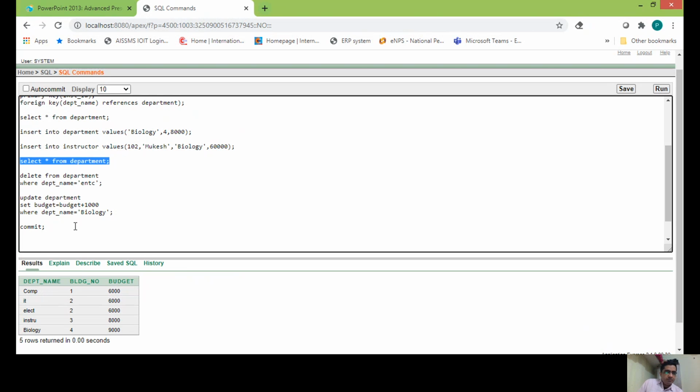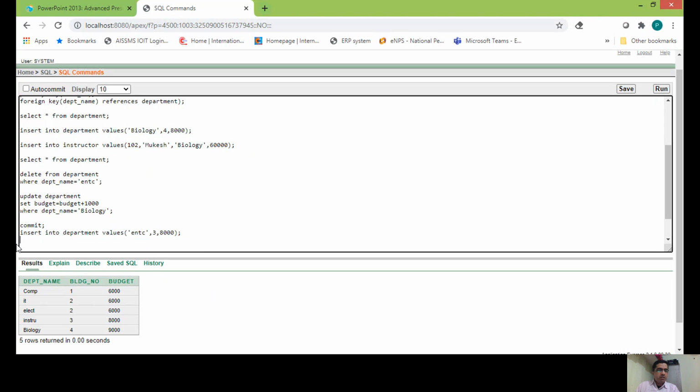Now suppose I am inserting a new row in the department table with department ENTC, located in building number 3, and budget 8,000.